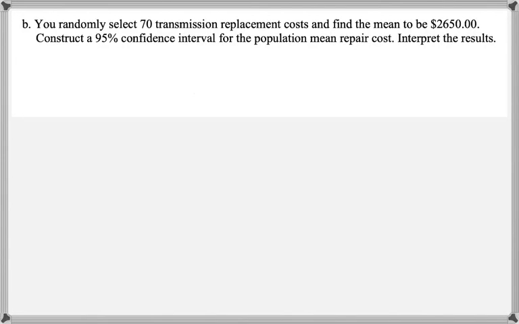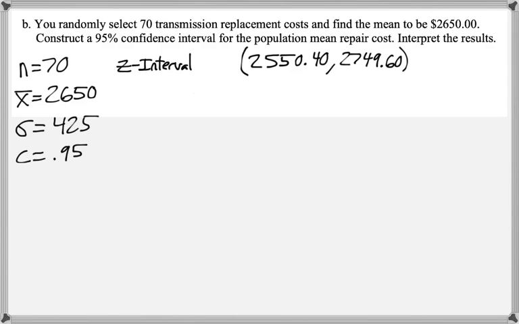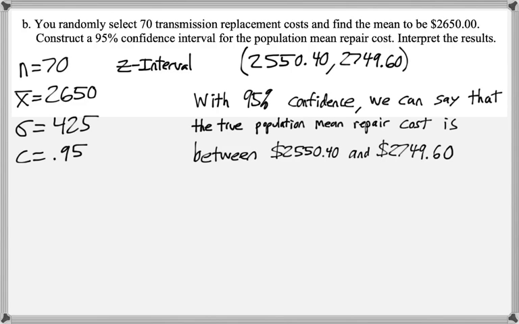$2,781.70. On Part B, all of our information is staying the same, except for our sample size is increasing to 70. So we use the z-interval command, and this is our confidence interval. So with 95% confidence, we can say that the true population mean repair cost is between $2,550.40 and